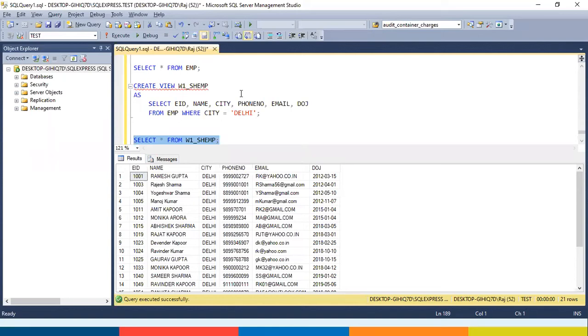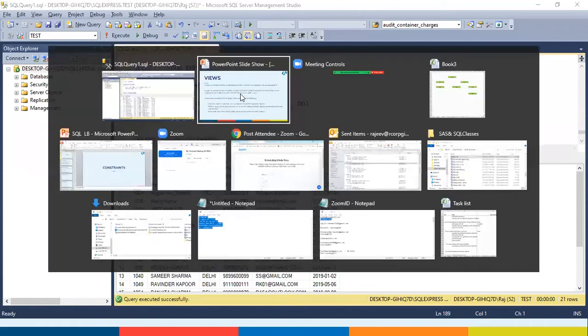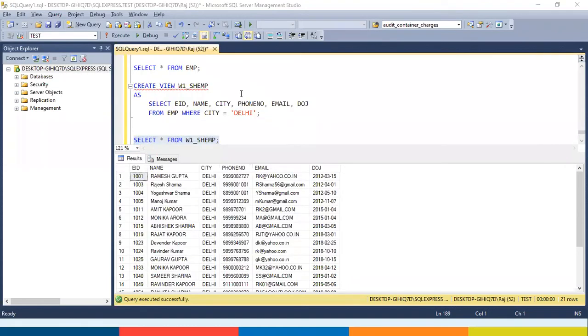As it is created only for the Delhi employees, they will not be able to access the details of employees from any other city. In this way, you have restricted certain data from the user, and a user can never identify whether a particular thing is a view or a table.